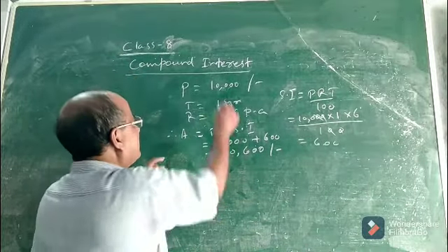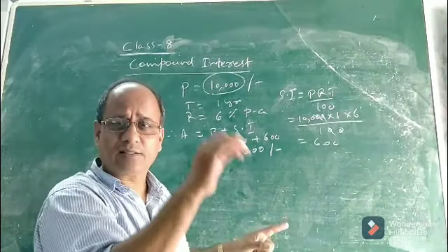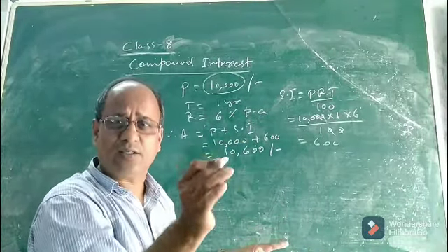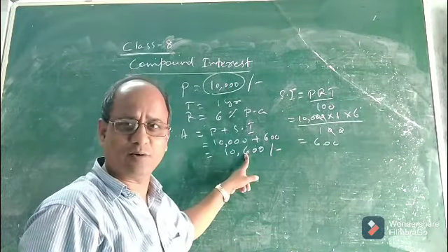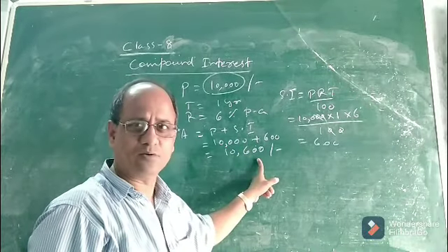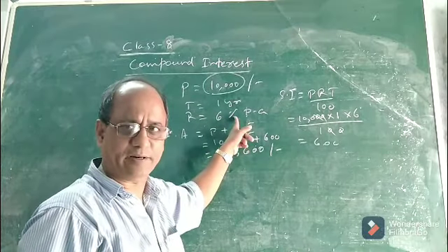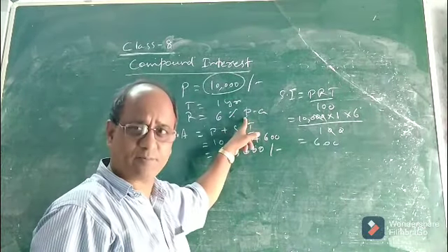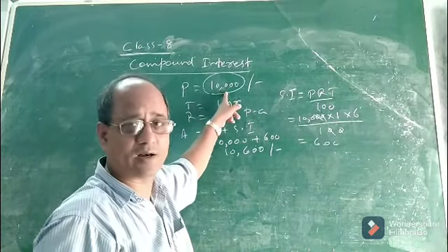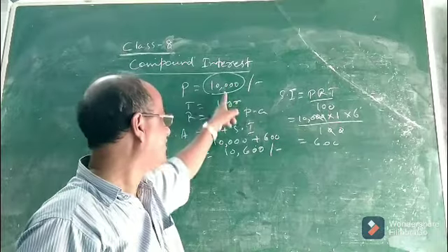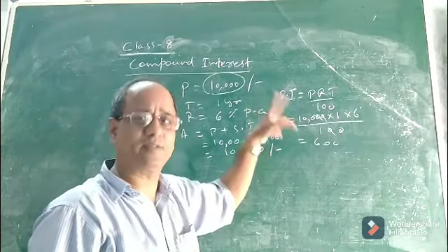Do you think that it will be on the principal amount 10,000? That means the interest for the second year, do you think that it will be calculated on this principal, or it will be calculated on this amount? It will be clearly on this amount. Okay, the bank will charge the same interest, 6%, the same rate of interest. The same rate of interest, 6%, will be charged on this amount, thus this principal, not this one. That means the bank will charge 6% rate of interest on rupees 10,600 for the second year.